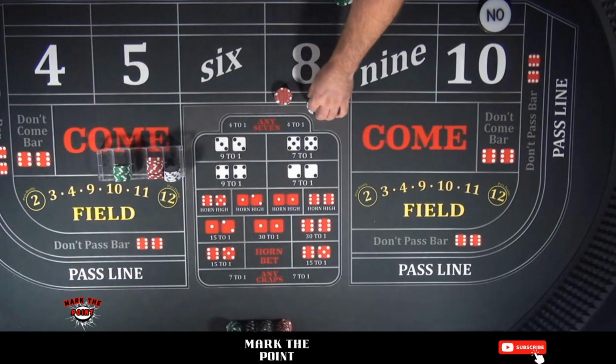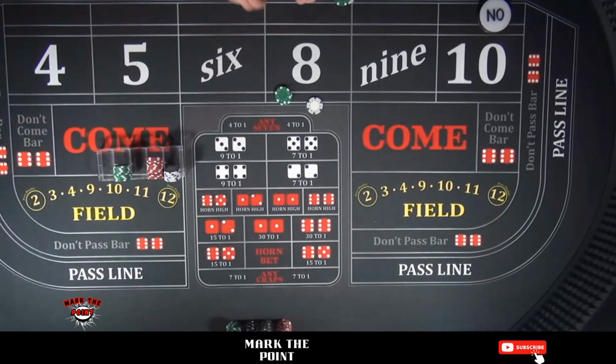All right. Now let's move over to a couple more numbers. Again, the 6 and the 8 are the most difficult because of how it works out with the $6 bet with the white chips and the red chips. The 5 and 9, you can power press these things, but it's so much easier. And we can do it pretty simple. Let's call it $10 here, and I'm going to straighten up my chips in the back just so I can do it a little bit cleaner.